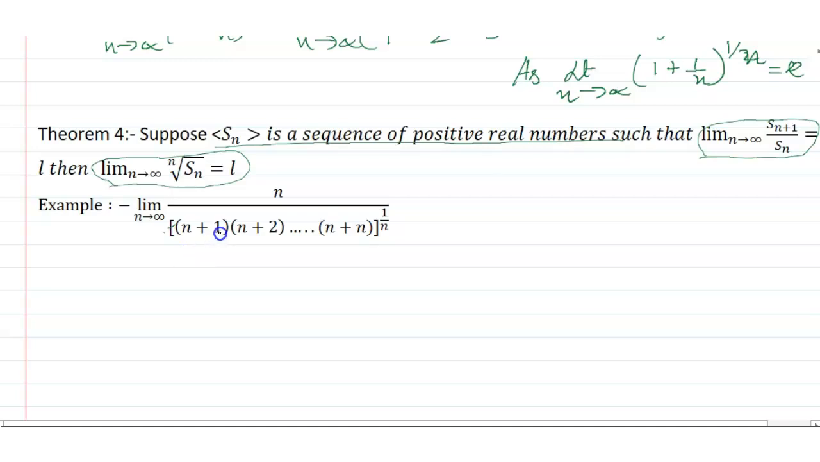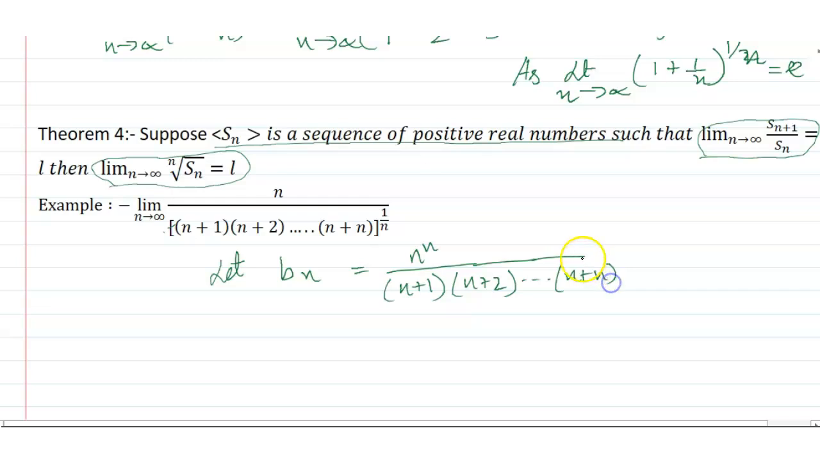Now I have to find out this value, n divided by n plus 1, n plus 2, n plus 1 whole to the power n. Let Bn equals n to the power n divided by n plus 1 into n plus 2 dot dot dot n plus n. Now